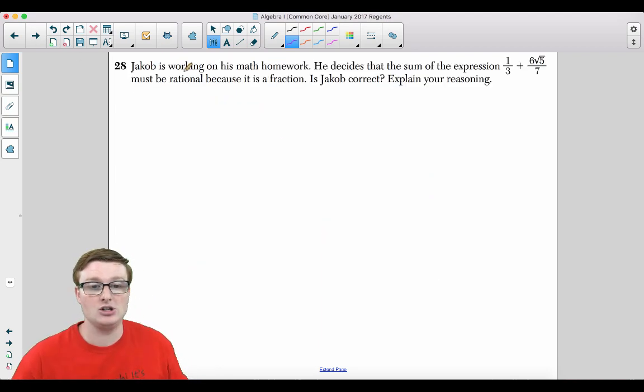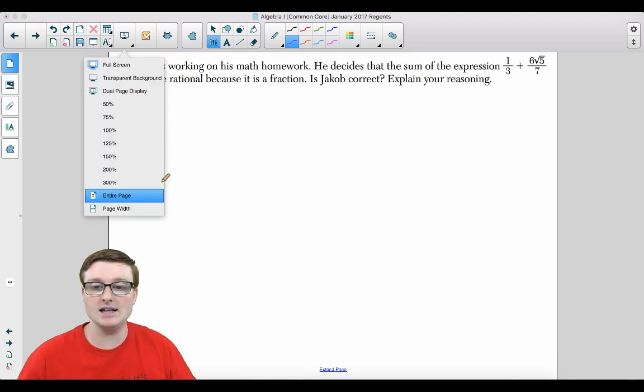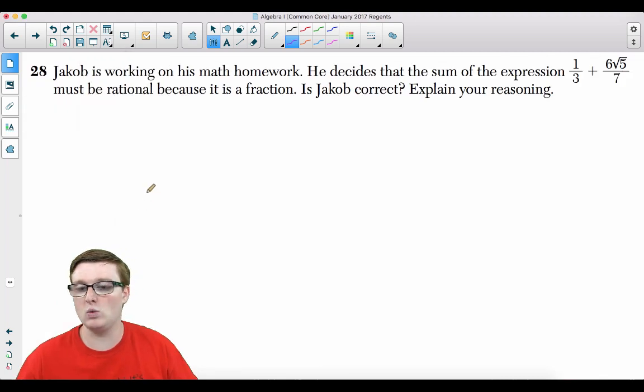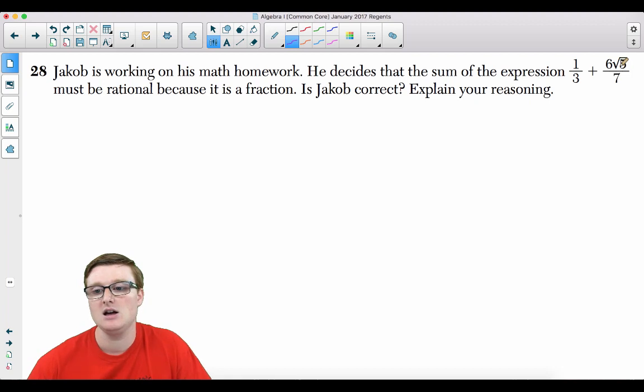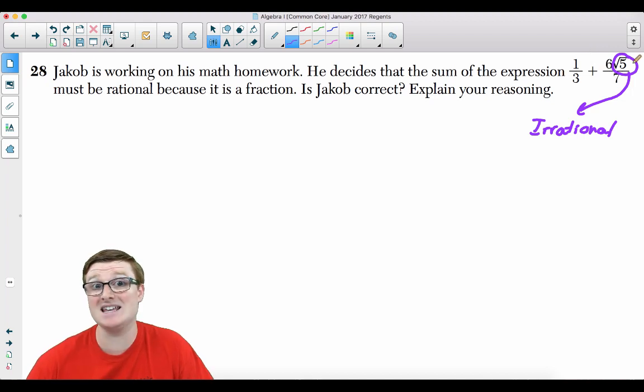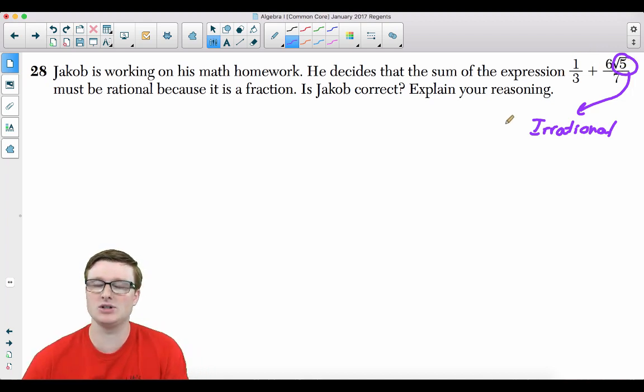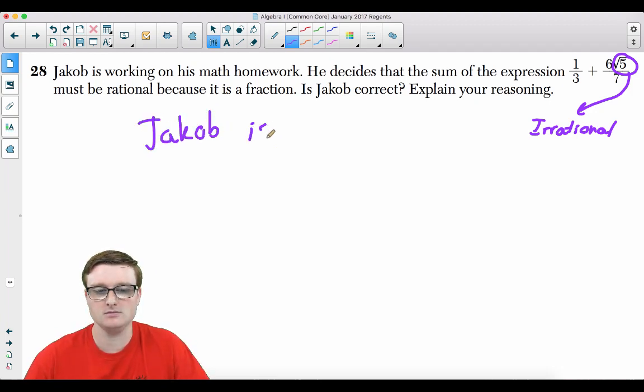Here we go. Jacob is working on his math homework. He decides that the sum of the expression 1/3 plus 6 radical 5 over 7 must be rational because it is a fraction. Is Jacob correct? Explain your reasoning. Well, by now, just by knowing your perfect square rules, radical 5 is an irrational number. So if you were adding a rational and an irrational number, you're going to result in an irrational solution. So Jacob is wrong